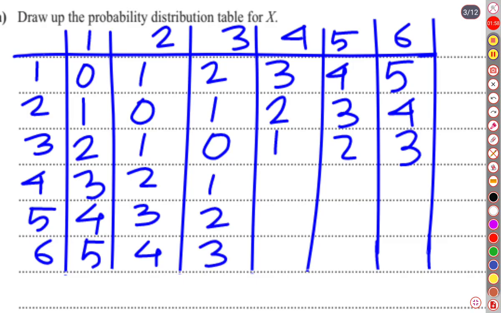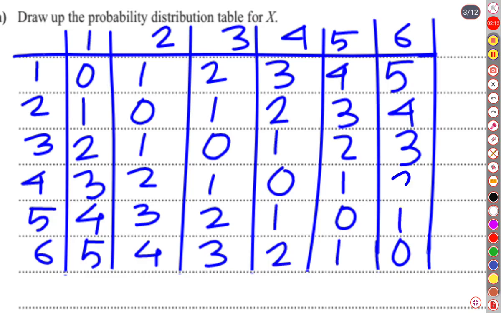Then this is 4 minus 4 is 0, then 5 minus 5 is 0, and 6 minus 6 is 0. So 0, 1, 2, then 2, 1 and 1, then 0, and this is 1, this is 2. So 5, 4, 3, 2, 1, 0. So those are the possible cases. Now we will have to know how many zeros there are, how many ones, how many twos there are. So we can write here,